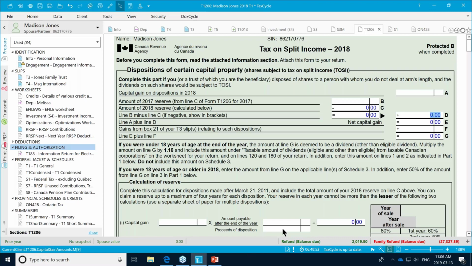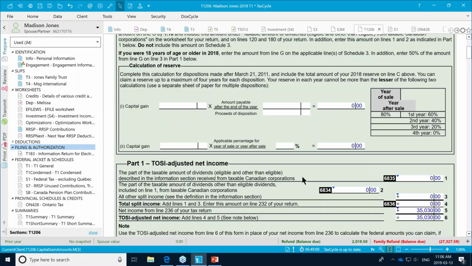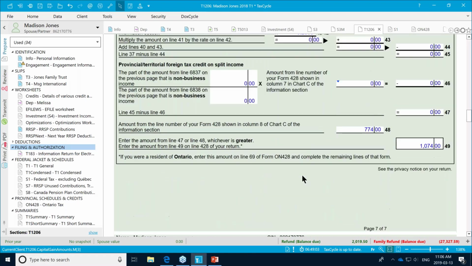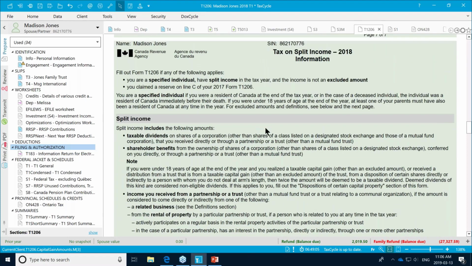So now we come to TaxCycle. So let's deal with this form. So this is our T1206. We have put on the last couple of pages, if you scroll down, these are the information pages. There's lots of detail here. It's 4 pages long.